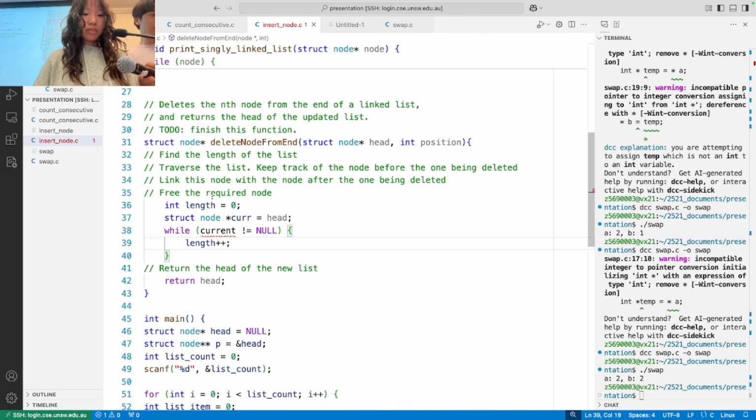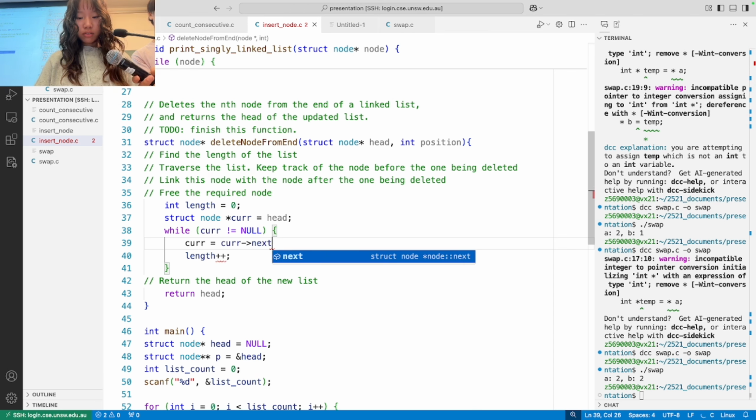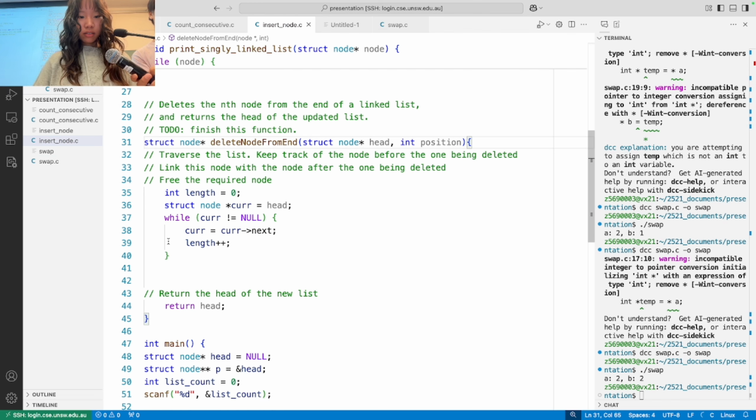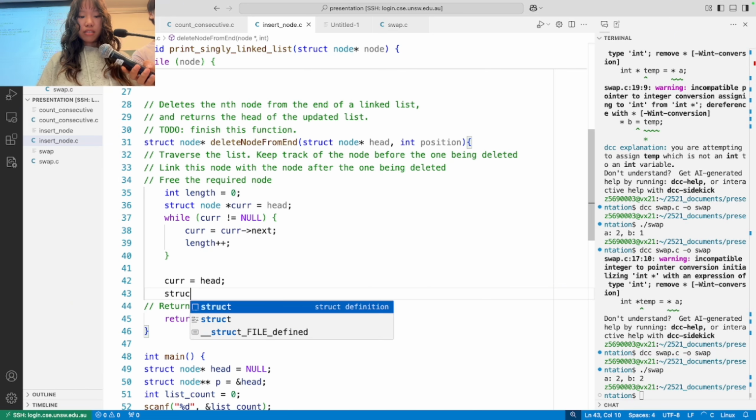Yep. We'll increment length, but we should increment current first. All right. So we've done that. Okay. Now we need to keep track of, right now current is null, and we can't use current if it's null, because dereferencing a null pointer leads to issues, right? So we need to make current head again, and we need to keep track of,